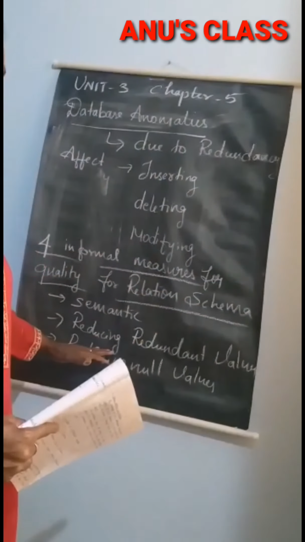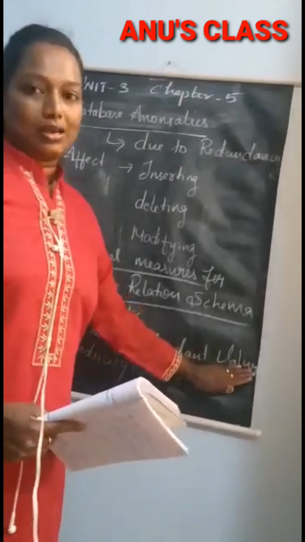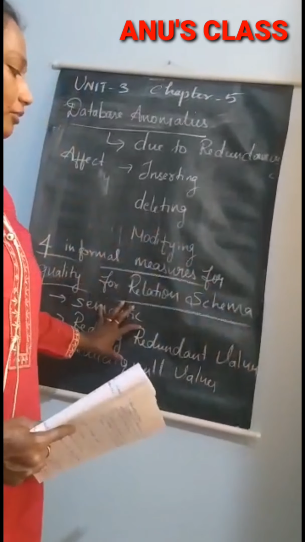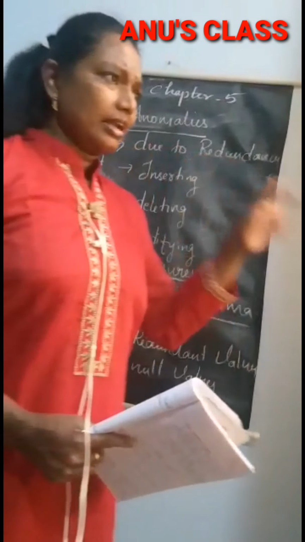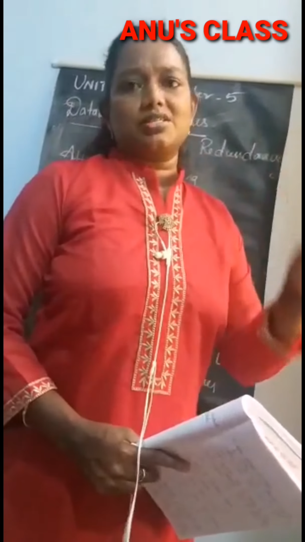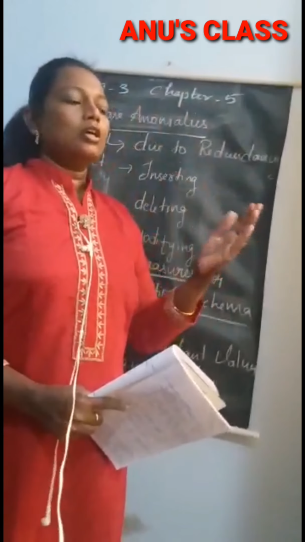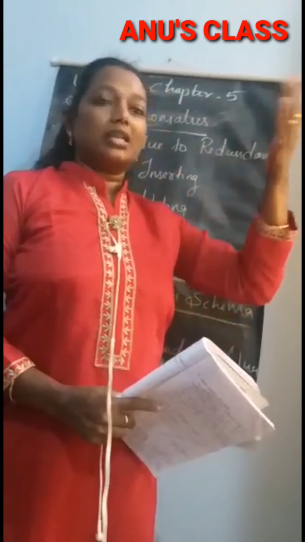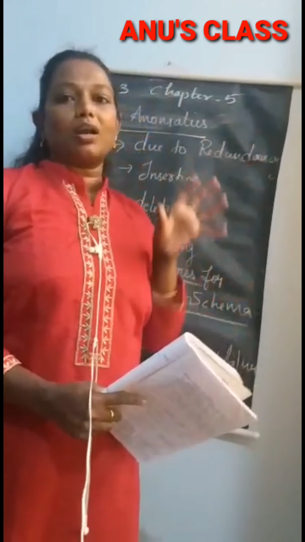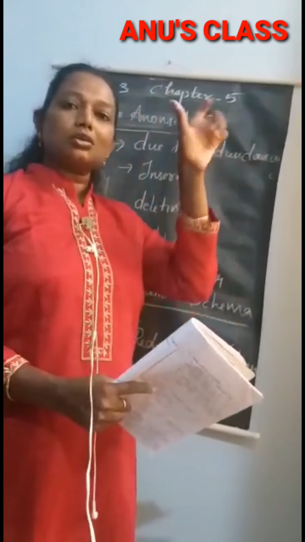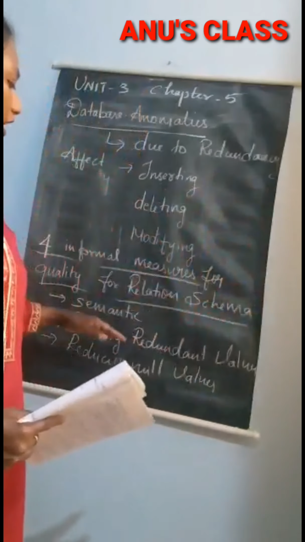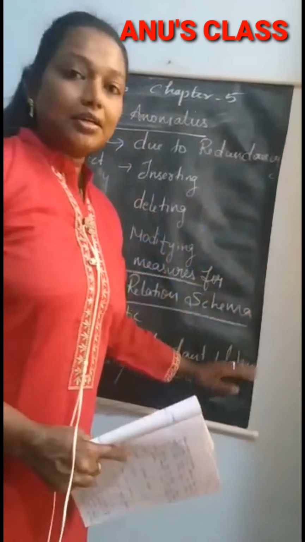For that, what we can do is reduce the redundant values. Reducing redundant values means, for example, in the student database we have register number, student name, and also date of birth. In the next table when I'm making, why do we need the same student name? We can take only the register number. So here we are reducing one attribute. Like that we have to reduce all the repeated values.